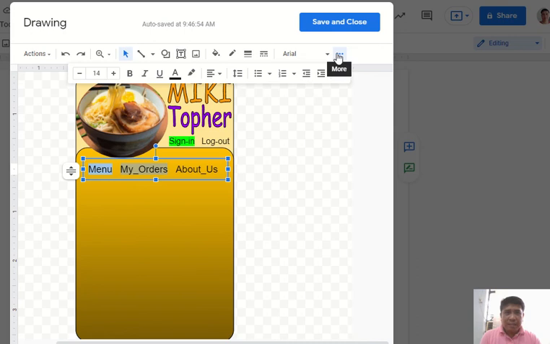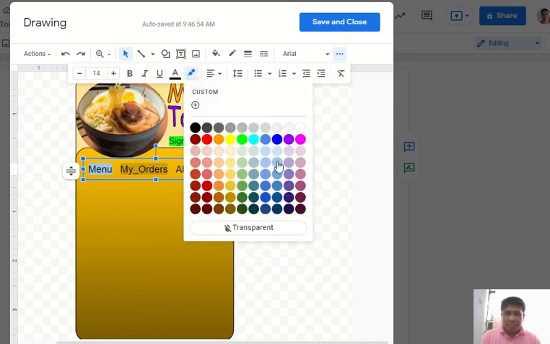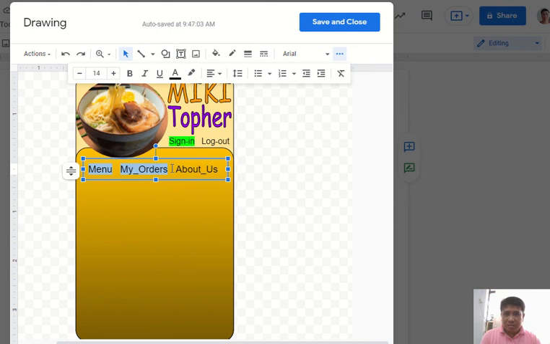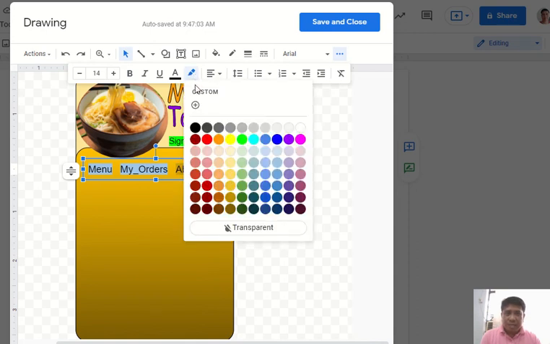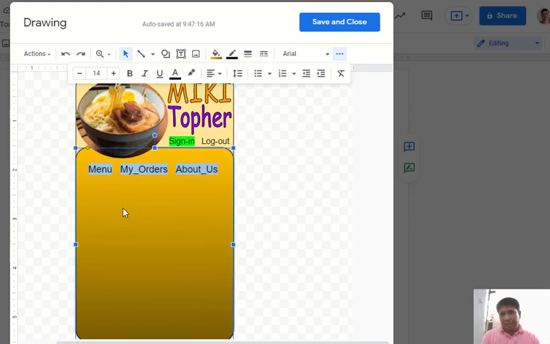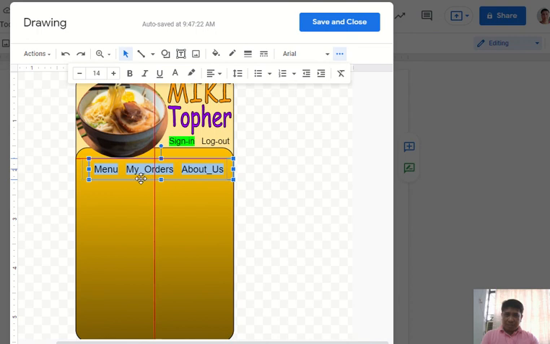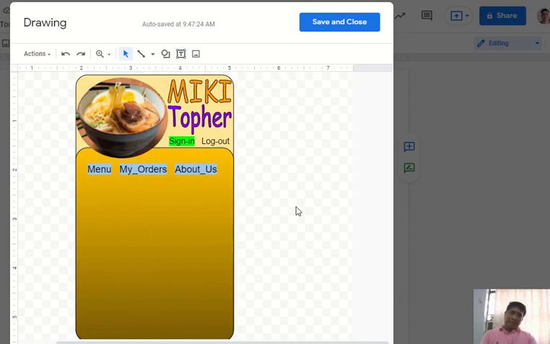Okay, highlight, and then there. Highlight, and then okay. So button siya. And then shift to position it in the center. There. The next is